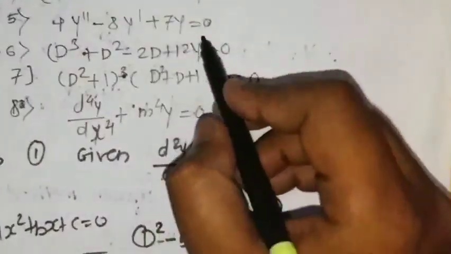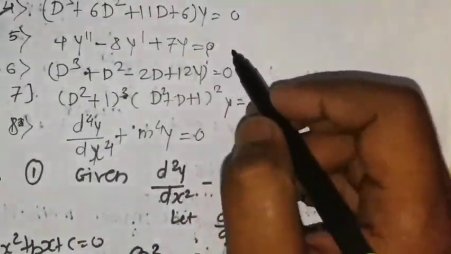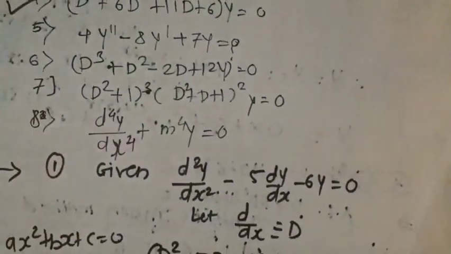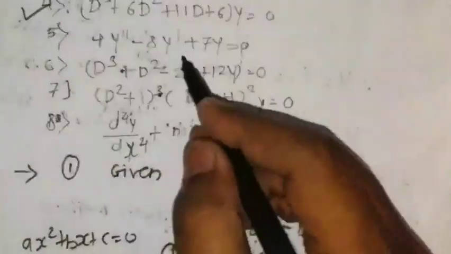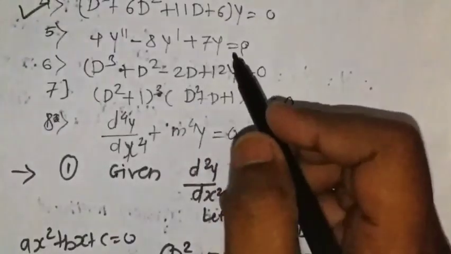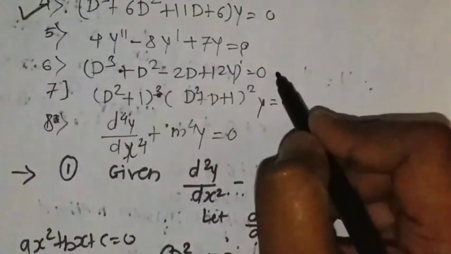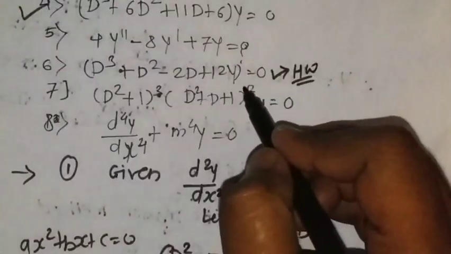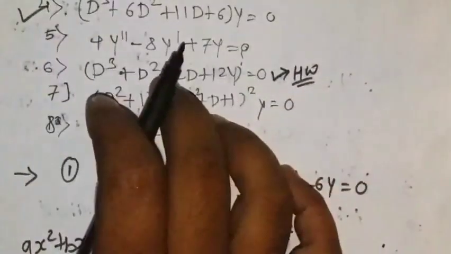Okay, now the next problem is a second degree polynomial, and its roots are imaginary, so I will do that for you. The next one you try at home. This is also a degree 3 polynomial. One root is a real root of this polynomial and the other roots are complex.